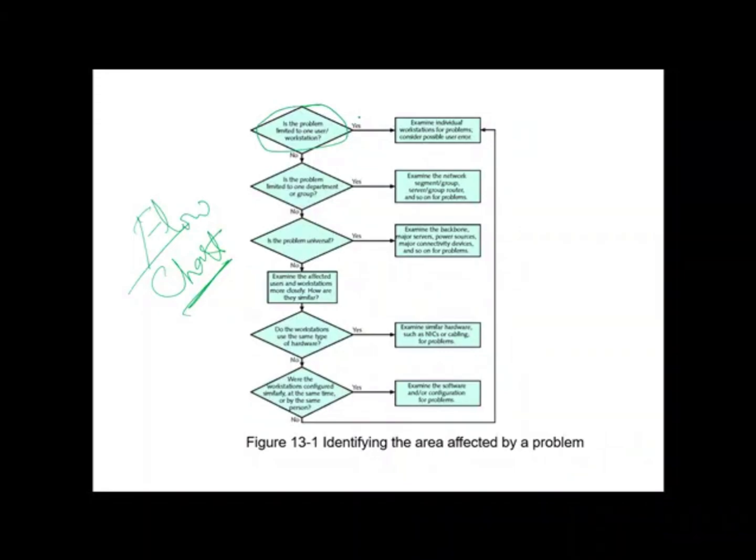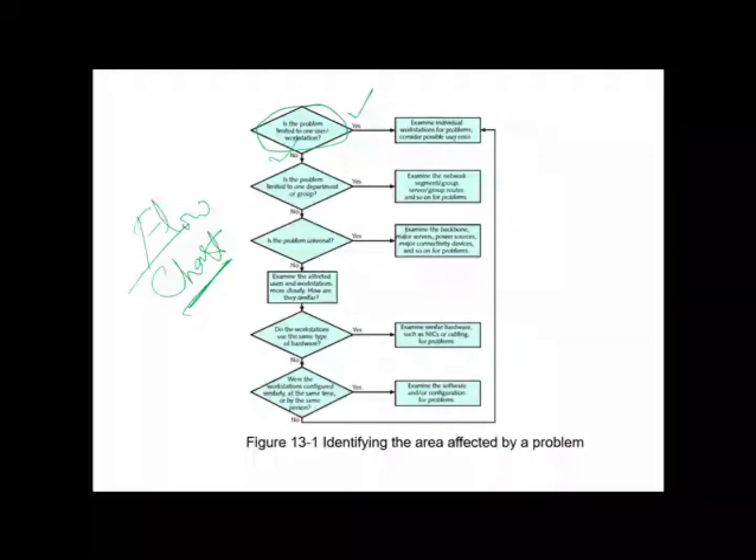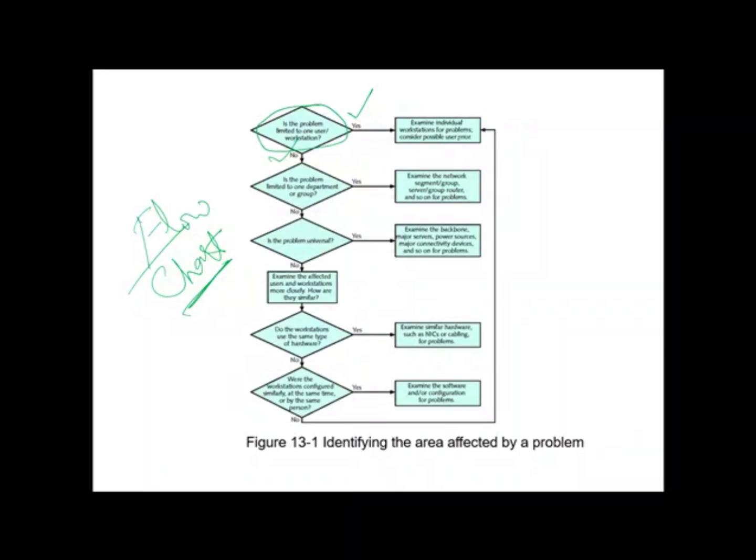There will be two types of output, either yes or no. If yes, then you move to examine the individual workstation for problems and consider possible user error. If it is a no,